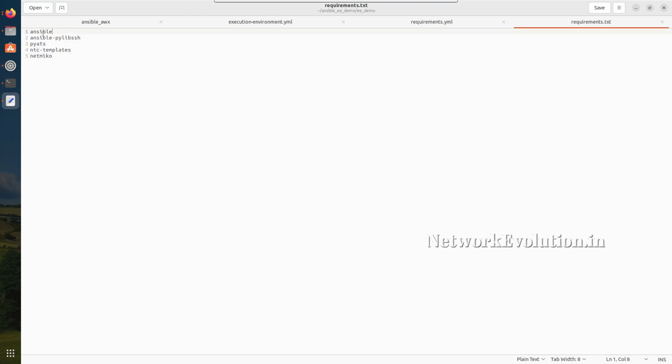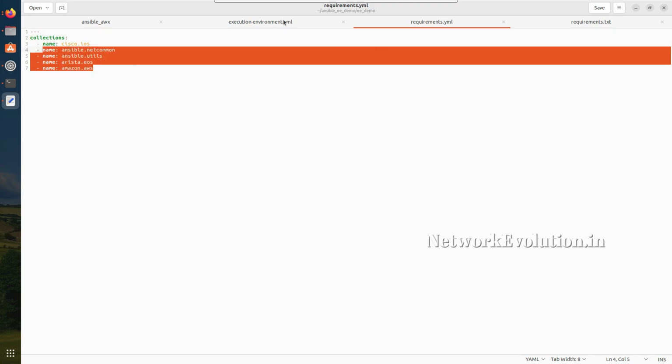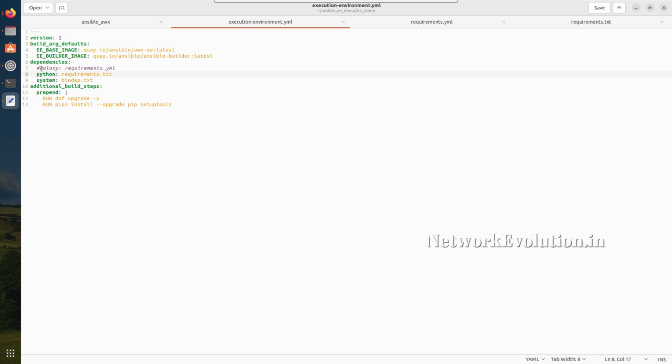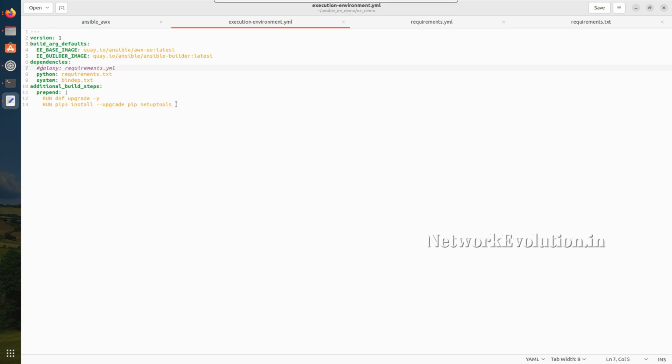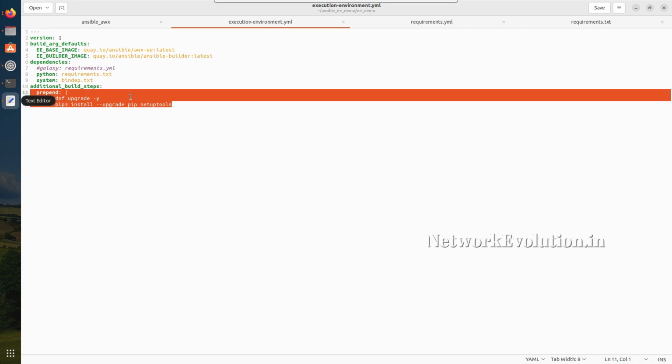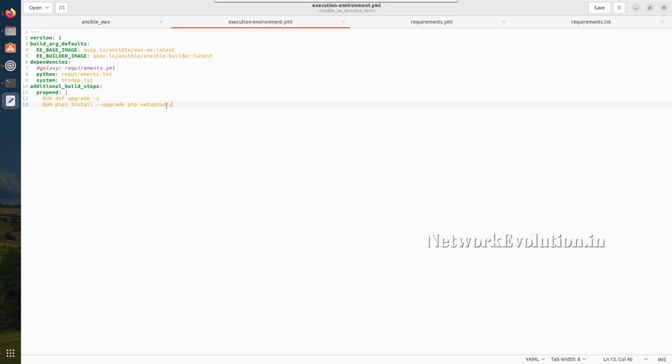And here I'm installing the complete community collections. But if you want to use only some of the collections, you can just give those names here and uncomment this line. Then you don't have to install complete Ansible into Python. You just comment this line. Then here I'm executing some commands, dnf upgrade, and just getting pip and setuptools. And to run this,